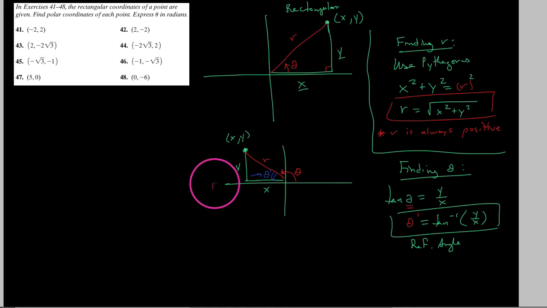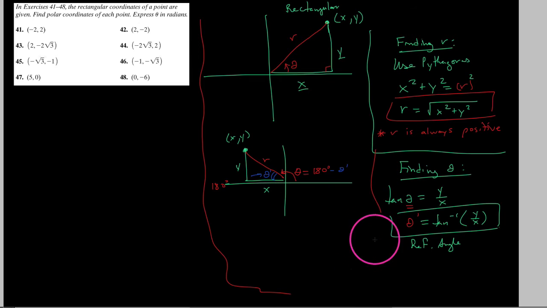And in this case, if I wanted to find actual theta, I would say that'd be 180 degrees minus the reference angle there in order to get its measurement. So let's go ahead and try to put both of these boxes to use here. In red, these two boxes are the boxes we need. If you want to go from xy to r theta, then we have to use these two properties right here. And so, taking a look at number 41 here,